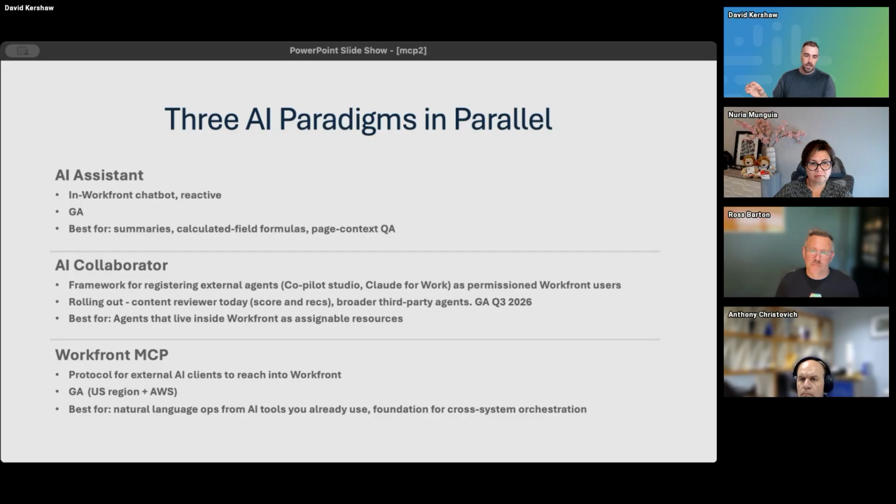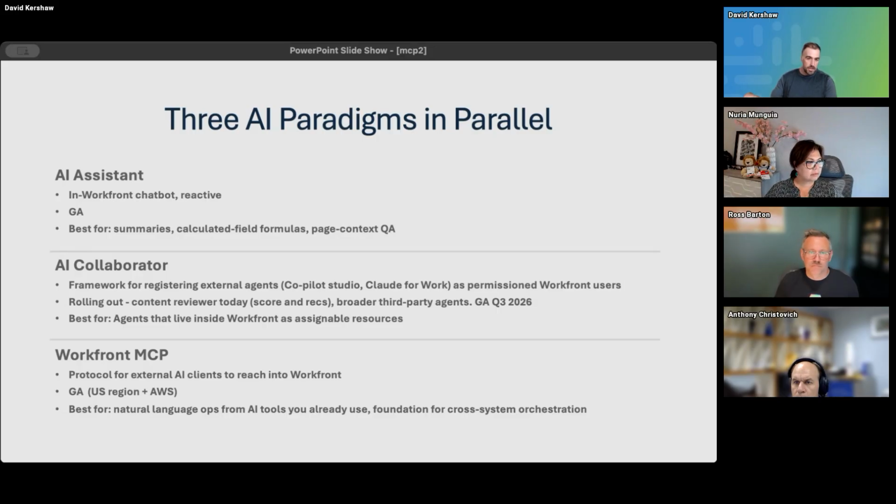So think of the content reviewer as an embeddable agent in a workflow that you can set up. Think of an approval workflow: you have a content reviewer on that workflow, the document gets uploaded, a proof gets created, and the content reviewer can chime in and say, yeah, this meets brand guidelines, or it doesn't. That's the framework being built by Workfront to embed different types of these collaborators into your workflows.